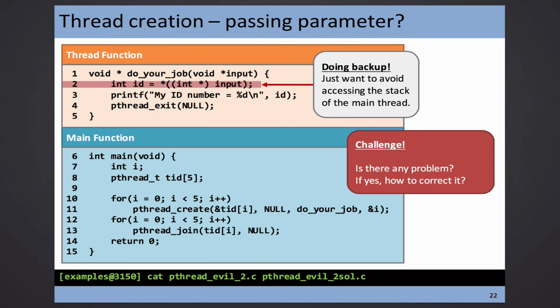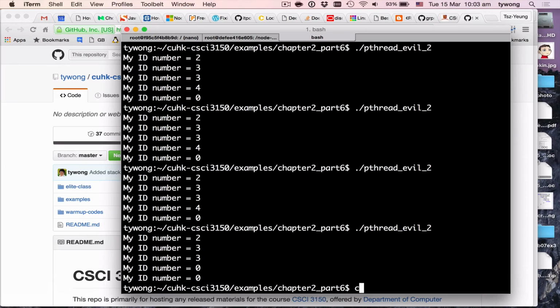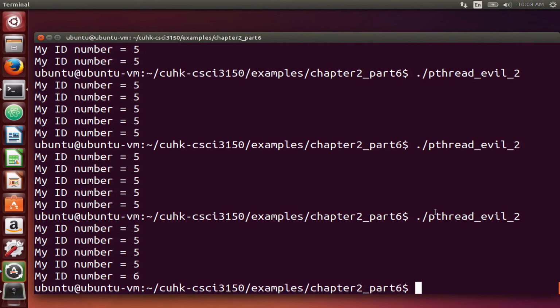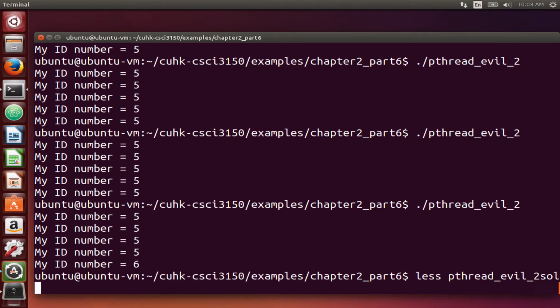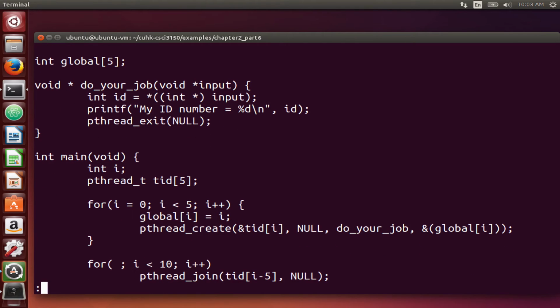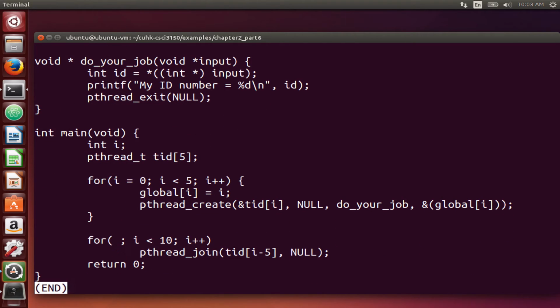So the solution will look like this. Or maybe I use this. The font is better. To solution. I set up a global variable. Maybe you choose another variable, it's okay. I choose a global variable. Maybe you choose a local array, no problem. I just treat an array as the data that I want to pass in. And then I say, this is global i, making sure that I pass a different address to the thread